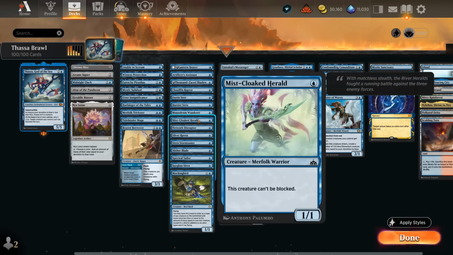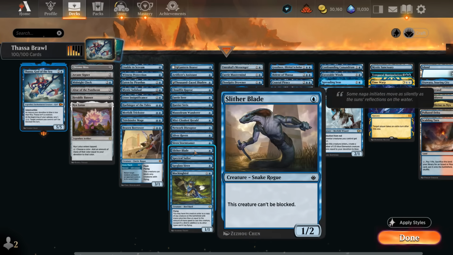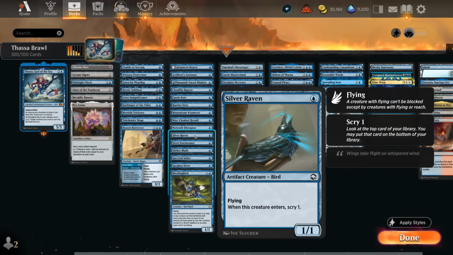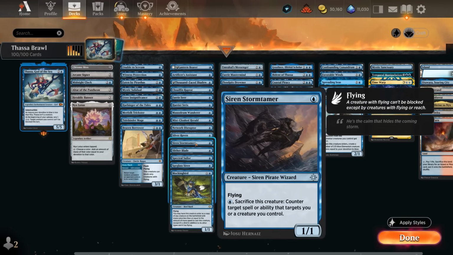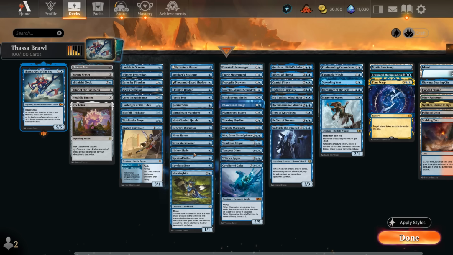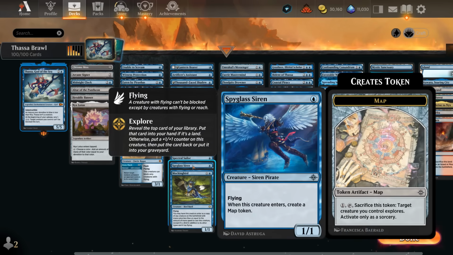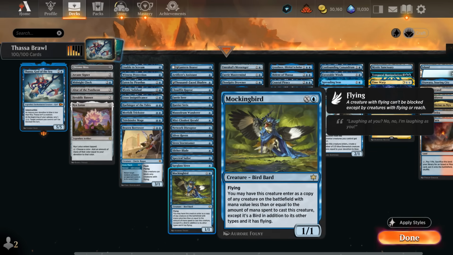Then we've got Mistcloaked Herald as just an unblockable creature, similar to Slitherblade, a 1/2 version. We've got the Silver Raven letting us scry 1 when it enters. Stormtamer, another way to protect our key threats. Spectral Sailor has a mana sink to draw a card. Spyglass lets us make a map token when it enters, and then a Mockingbird is quite flexible, can cast it for X = 0 as just a 1/1 flyer, but it can also copy other creatures that are already on